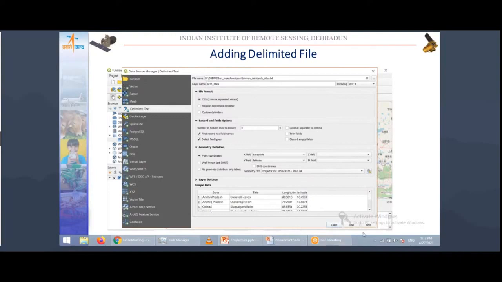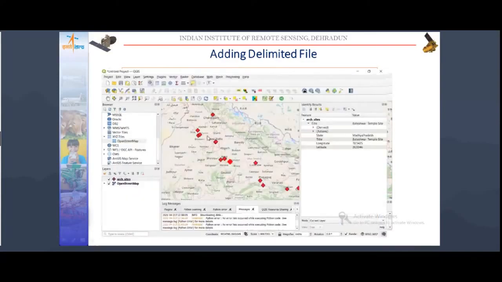The moment I click on the add button, you can see that the non-spatial information has been represented by the point locations by this red diamond. So I can find out the attributes and also visualize the location. This is a Bhakteshwar temple somewhere in Madhya Pradesh. So this can be used for your asset capturing, and then you can bring the data directly into